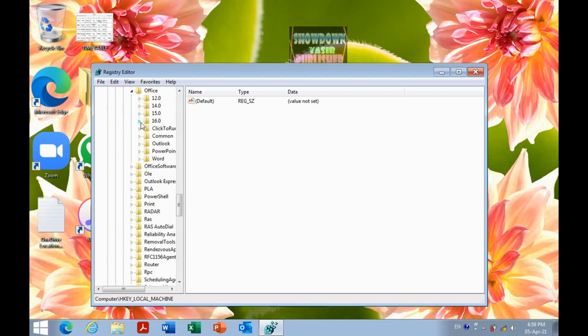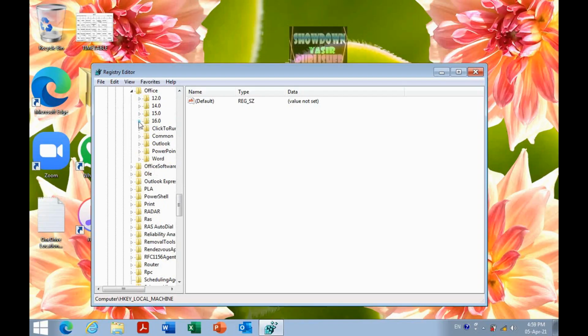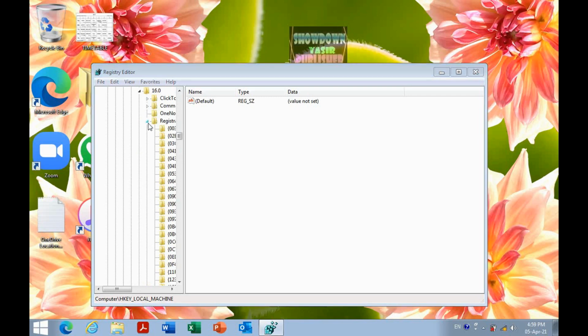Okay, so now I have 16. There are certain versions in this. For example, if you're using Microsoft Office 2007, you expand the 12.0 folder, and 14.0 is Microsoft Office 2010, and 15.0 is Microsoft Office 2013. And as you know, I am selecting 16.0 because I'm using Microsoft Office 2016. So let's continue with Office 2016 product keys. I want to delete them, so I'll go to 16.0 and Registration,